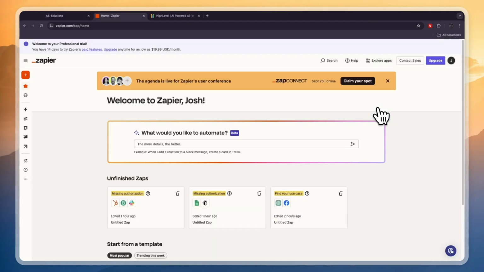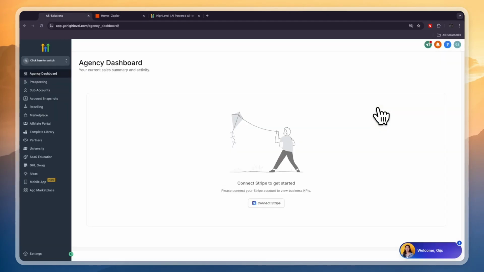In this video, I will show you how to connect Zapier to GoHighLevel and how you can integrate these two